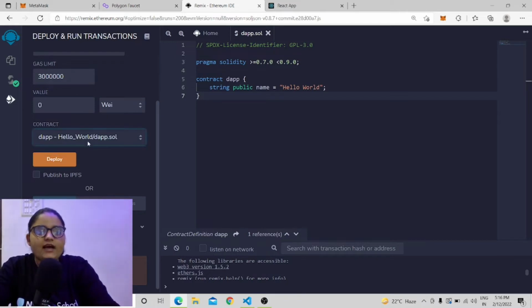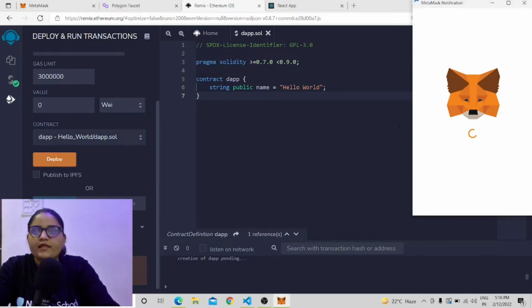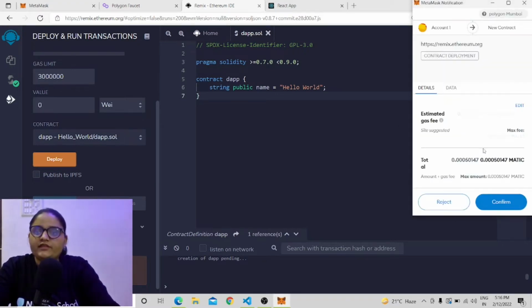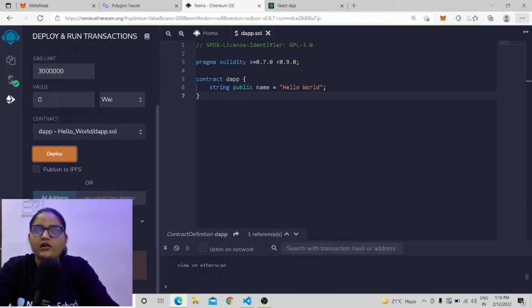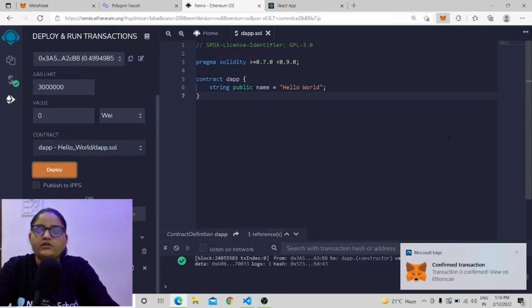Now select the dApp contract which we want to deploy, and just click on the deploy button, and it will open MetaMask for me. It will ask me for the transaction confirmation, that okay, you want to deploy the contract. Do you want to spend this much matic for deployment? And let's just say okay, confirm the transaction. And once the transaction is confirmed, you could see your particular contract on